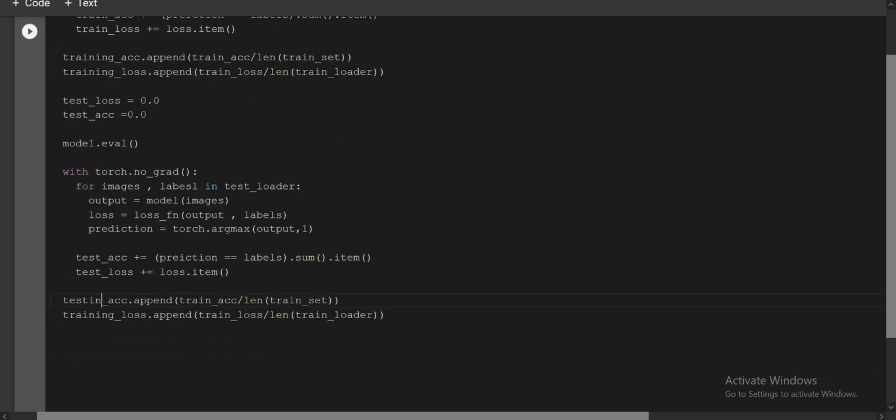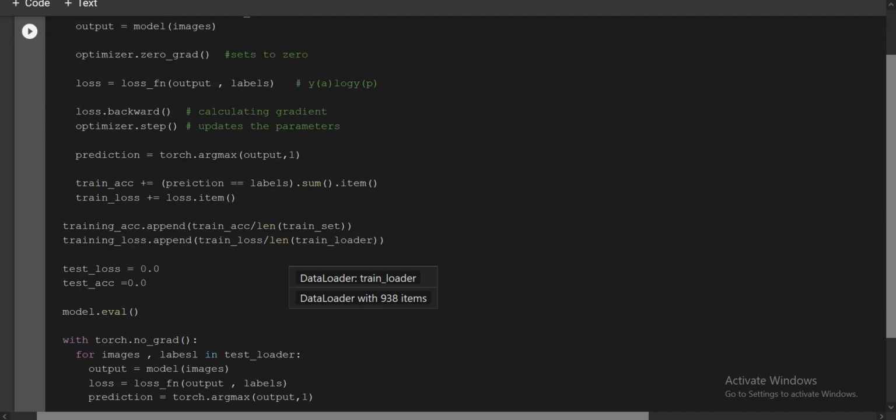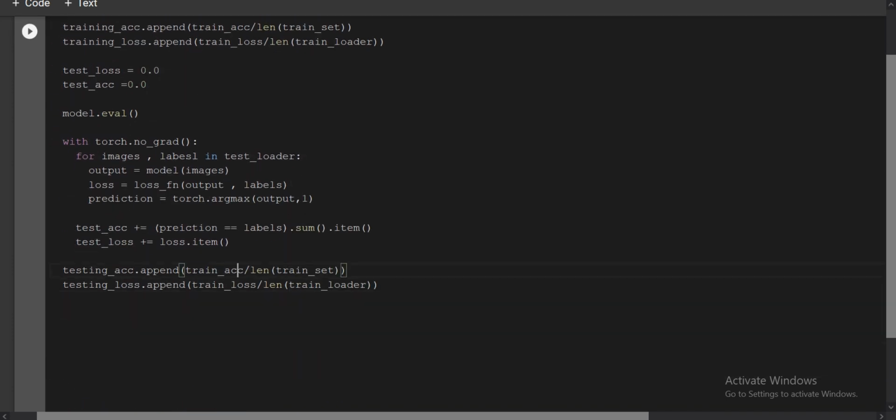Earlier we divided with the train set, now you divide with the test set, and here also divide with the test loader.